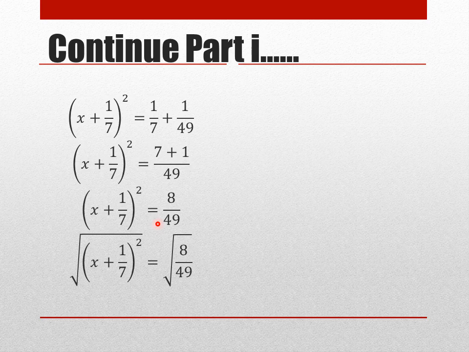Completing square, the next step to remember is take under root of both the sides. Because we have to cancel that square, we need to get the answer of x. So to separate it, we first have to cancel that square and then we have to take the plus 1 by 7 to the other side of the equation. So cancelling the square term, we always need to get its root. So taking root on both the sides.